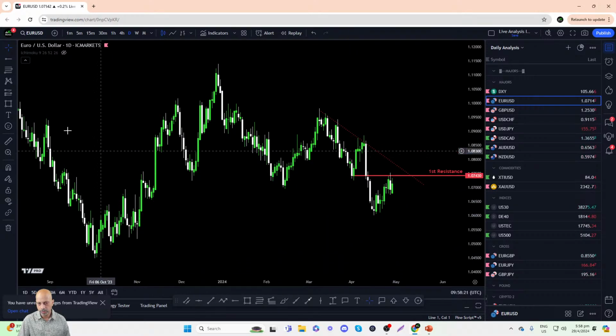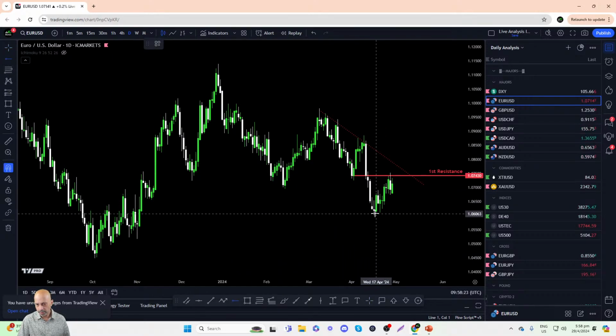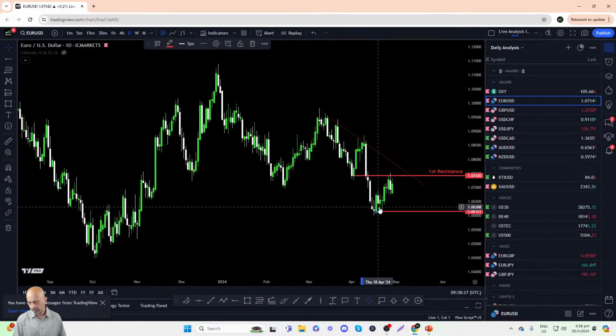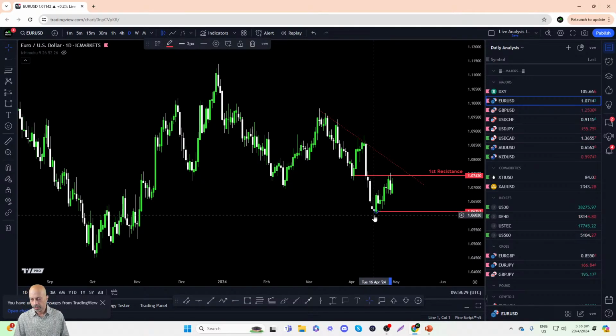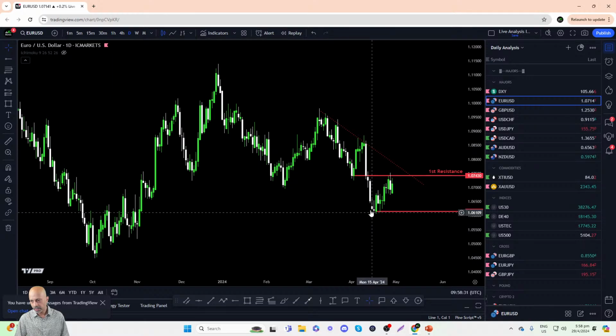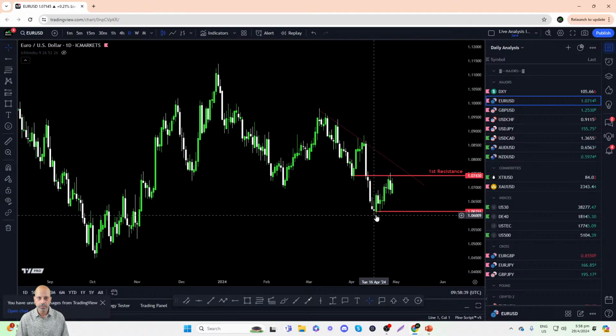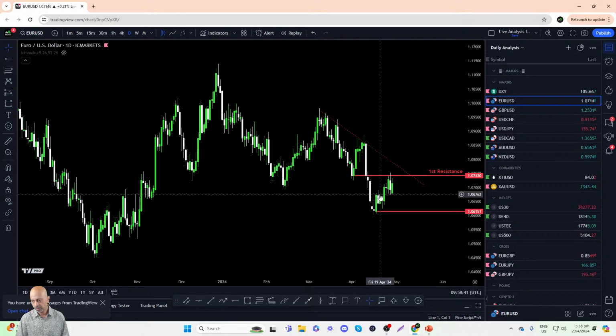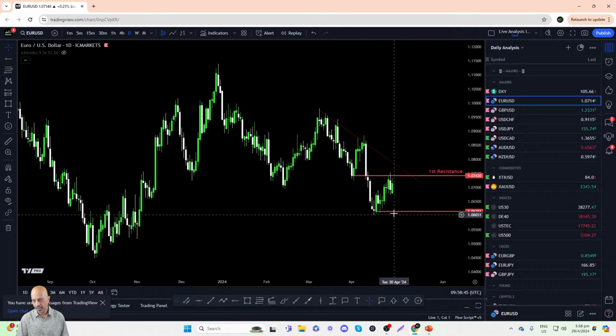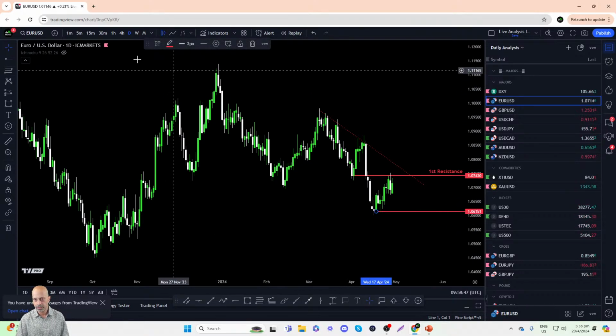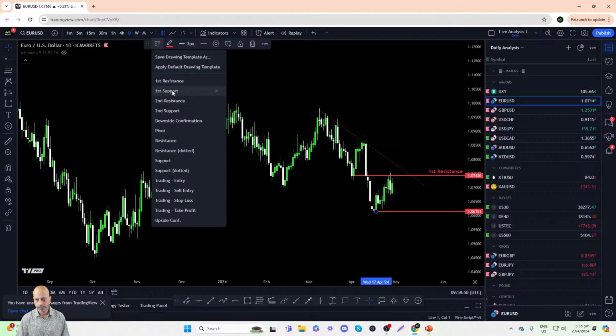Right, okay, with regards to the support, you can see very clearly here, back on Tuesday and Wednesday, 16 and 17 April, as the euro was falling sharply in the second week of April, it found strong support at 1.0615, consolidated around this area for a period of 2 days, retraced higher, found support once again on the 19th before finally bouncing higher again. So quite clearly, this is the first major support for the euro.